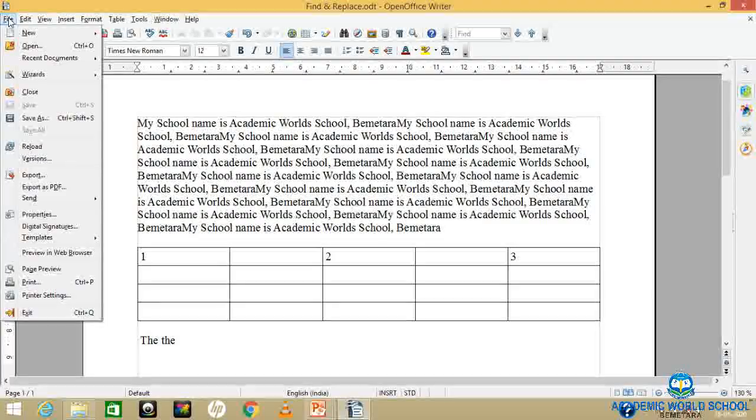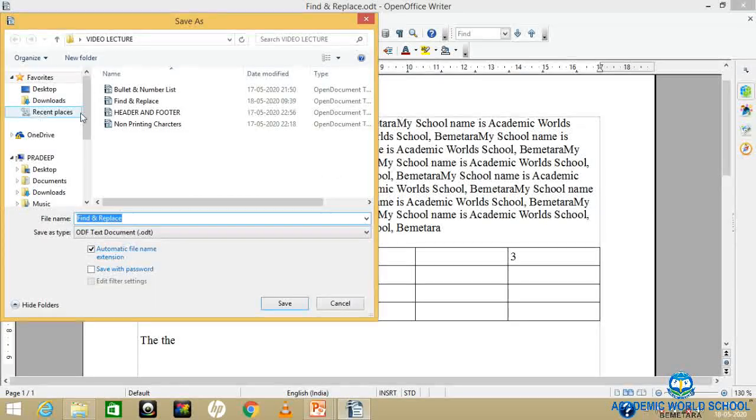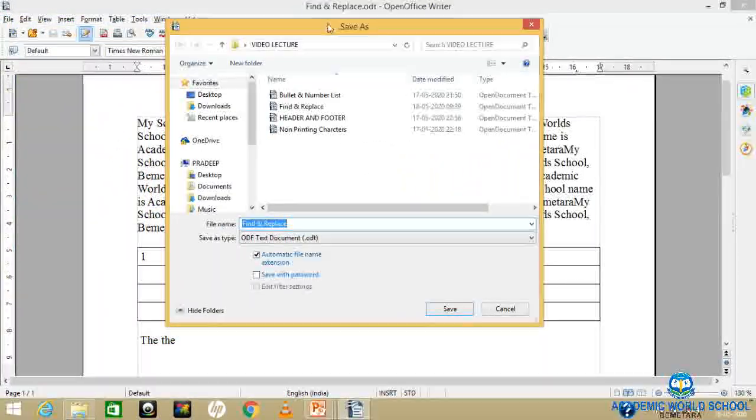Click on Save. Already it is saved, so it is not coming. Now I will click on Save As. If I click Save As, the dialog box appears. In this dialog box you will find it is saying Save with password. I will write here file name, find and replace one, Save with password.